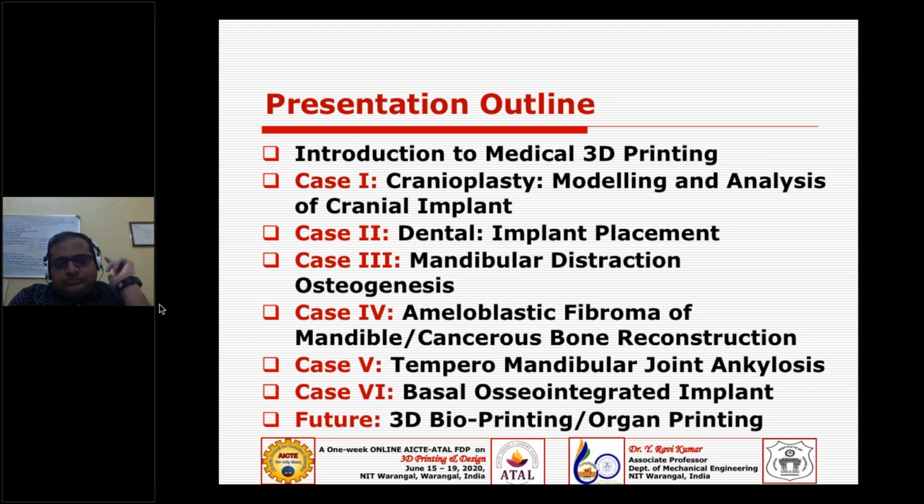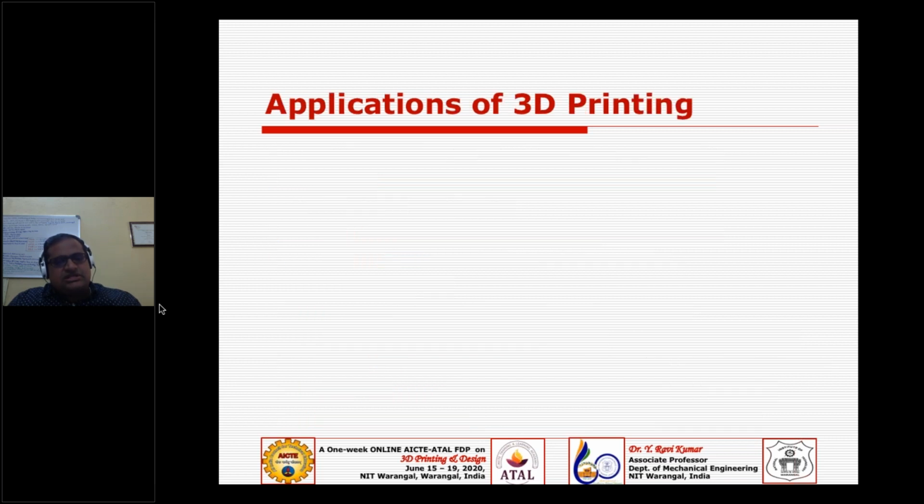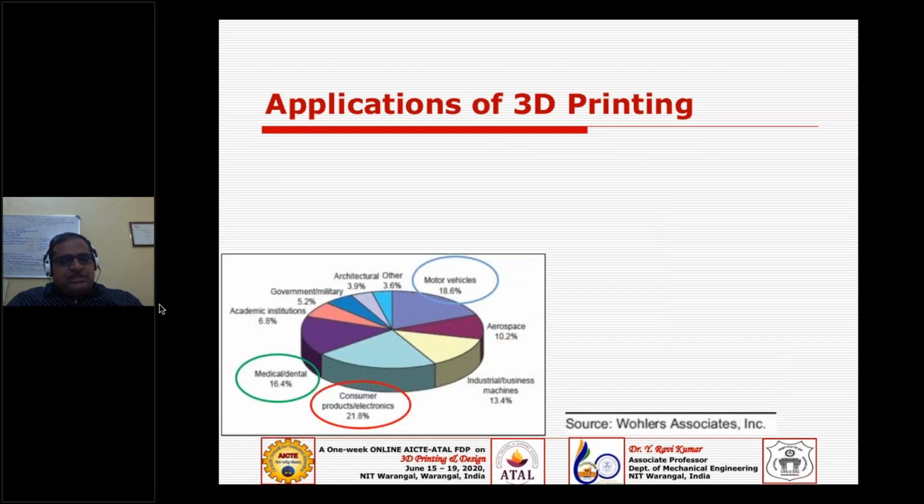So now we'll see these cases one by one. So let us start. Before starting the cases, we'll see why 3D printing, and the statistics of 3D printing in medicine. If you see the applications, the maximum share of 3D printing applications, as per the Wohlers statistics, is consumer products or consumer electronics, 21.8%.